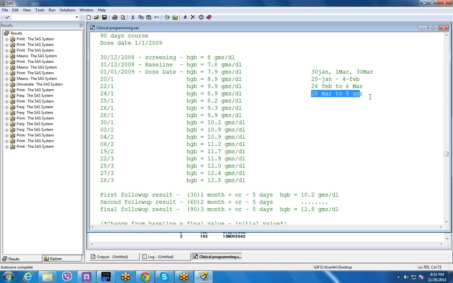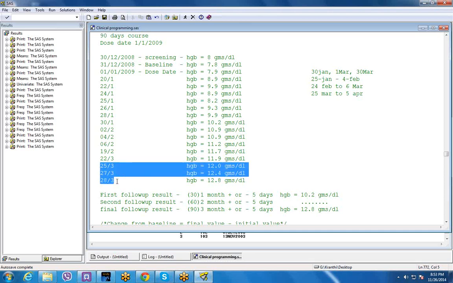Then what about 25 March to 5th April? We have the 25th report, the 27th, and then the 28th also. So we can consider these 3. Then out of the 3, which one is the earliest and first one? 25. So we will take this 12. Okay, 12, not the recent one. You have to consider the first one, because